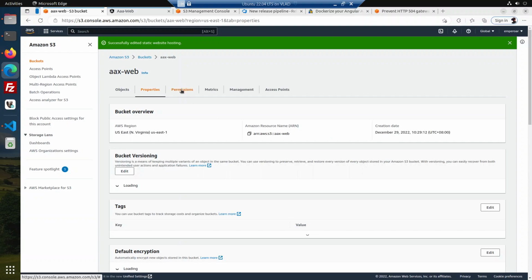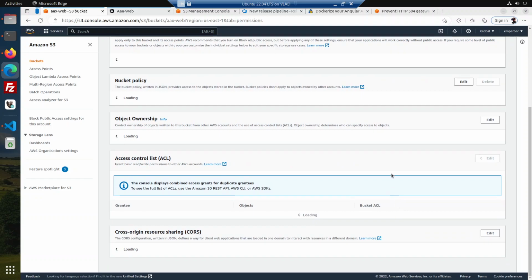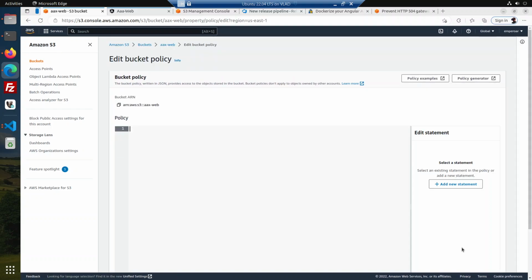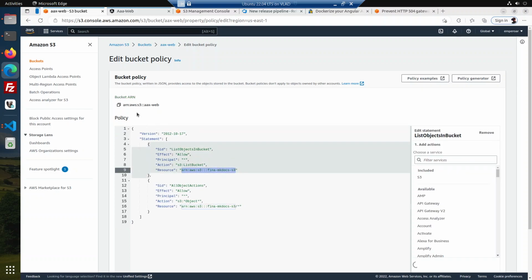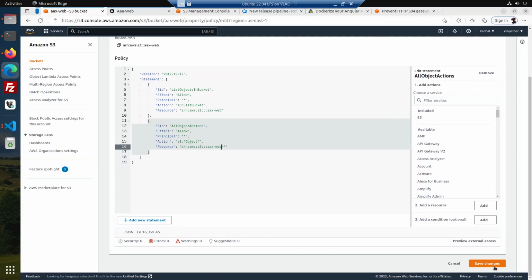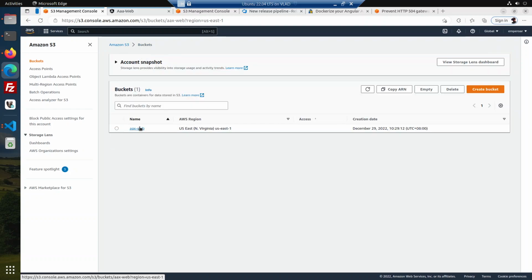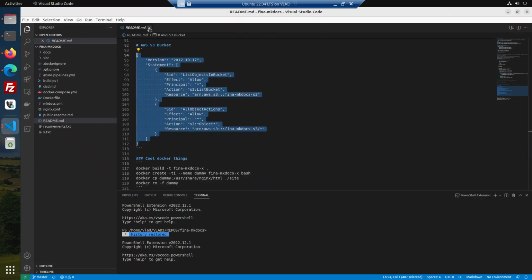Save, and in the permissions, in the policies here, I'm gonna paste that and then replace that. Replace that with this one. Replace it with this one, then save, and then yeah, and then in our